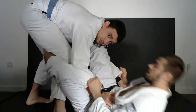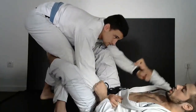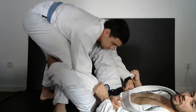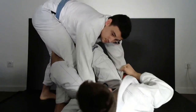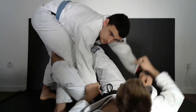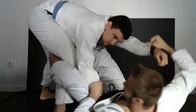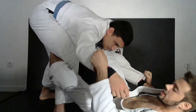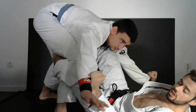So this is step 1. If I don't do this, I won't be able to sweep. If I just use my hands, he won't be off balance enough for me to sweep. So 1, 2, and now I'm going to work with the sleeve. I'm going to go with one hand, with his hand, to my other ear. Okay? This hand, I just want to keep it off the mats, because when he posts his hand on the mats,